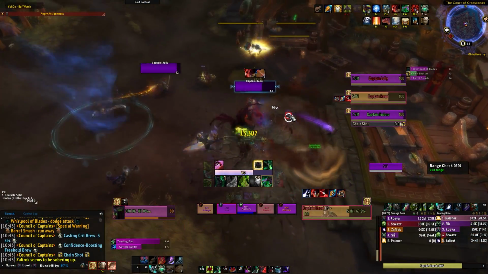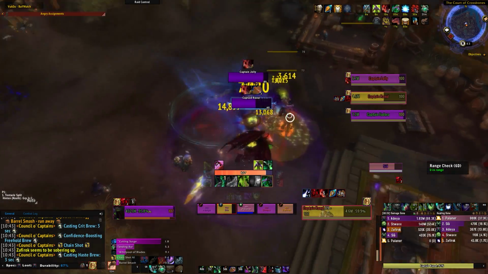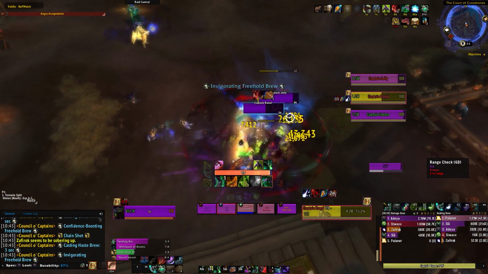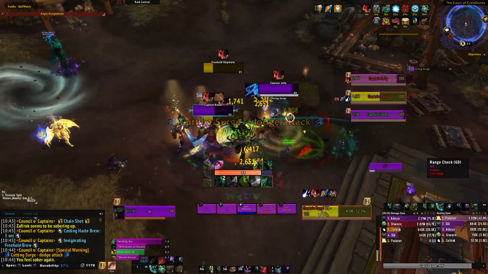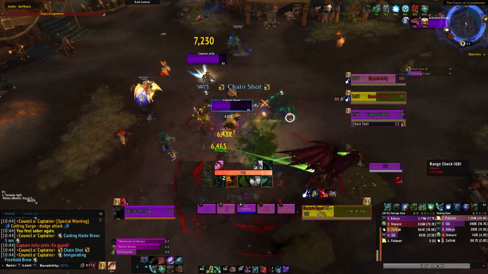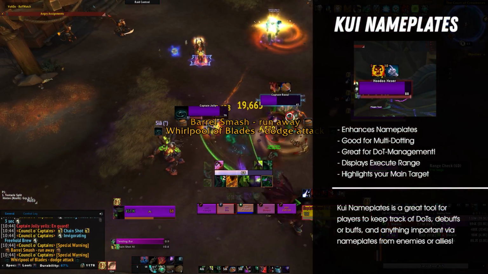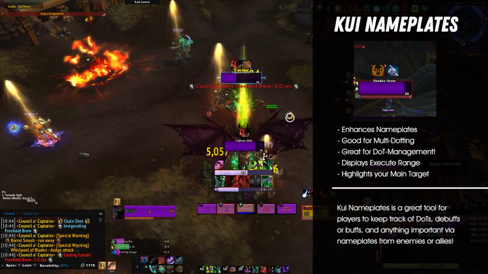KUI Nameplate is up next, and that is one of the add-ons I read the most from you guys about. Apparently, many of you really like my KUI nameplate settings, and yes, the updated settings are in the description box below. As the name suggests, this is a nameplate modification add-on which not only looks very good, but gives me